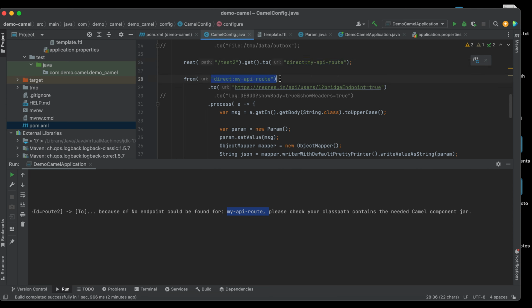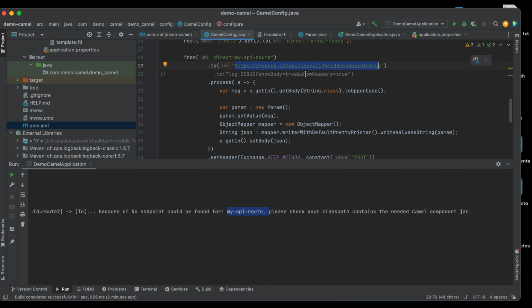All right, then from this it will be routed to this HTTP component API, this API. Then whatever the result of this, as I mentioned earlier, we will process here. So this is the result of the first API. Whatever we get here, we set here in the param object. Then we convert it to JSON, to a string, and set it to the body.